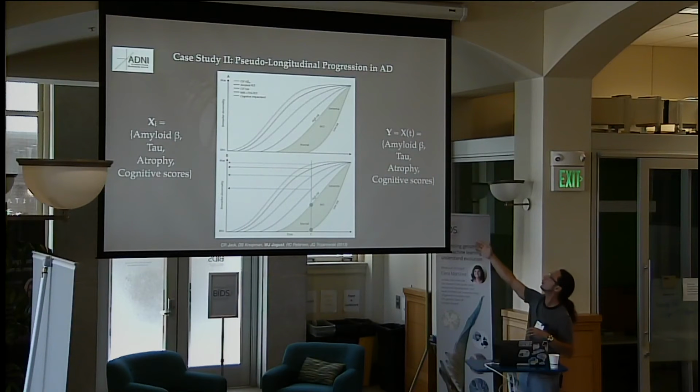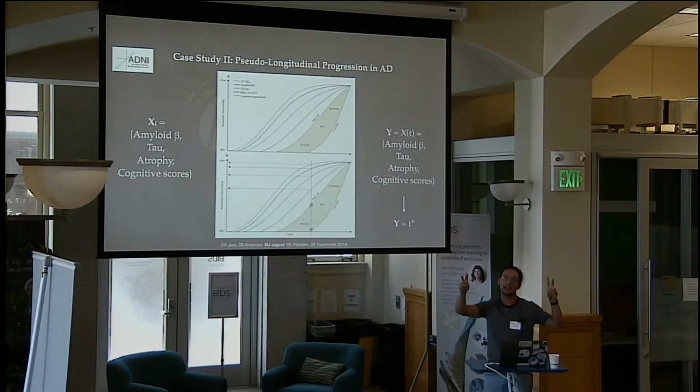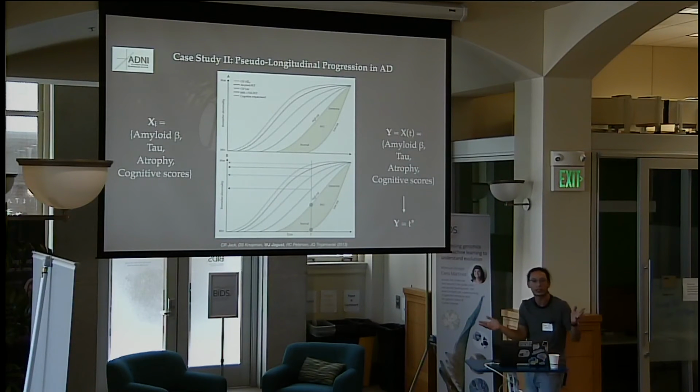So what if we could take a bunch of patients that have been accumulated in a data set cross-sectionally, and try to somehow create a longitudinal axis? Our prediction would be to somehow predict how this patient is going to evolve in time. But this was a problem that I could not really tackle, but I could maybe construct a different problem, which is not exactly this problem, but which is: can I take cross-sectional data of patients and try to predict a number, which I'm calling a disease severity? It's just a number that goes from 0 to 1, where 0 means you're perfectly healthy, and 1 means you are at the end of the spectrum of the disease.